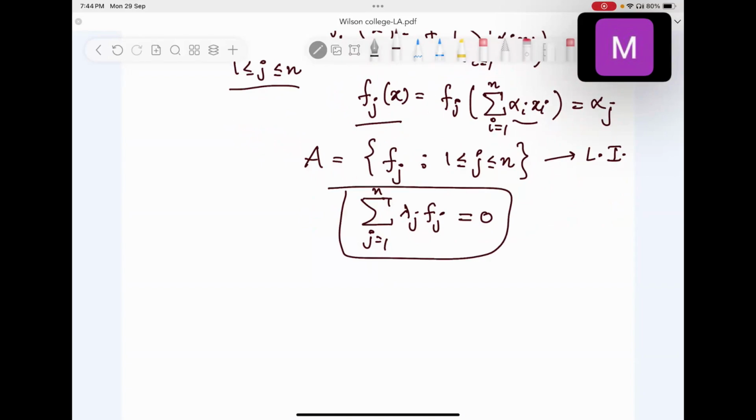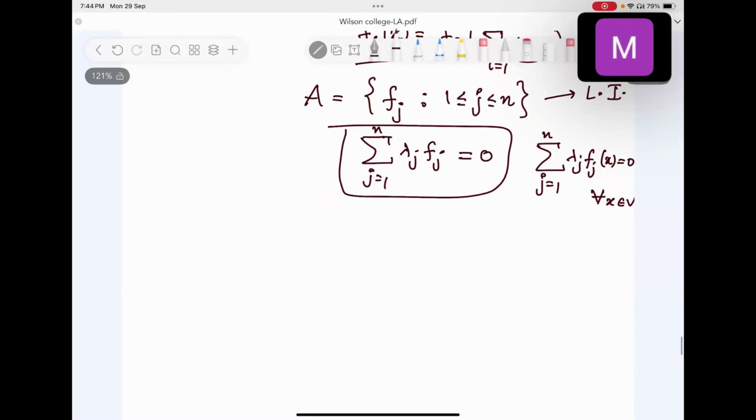The meaning of this is: the summation over j equals 1 to n of lambda j fj of x equals 0 for all x belonging to V, right? Now, if you take x equals x1, then the summation of lambda j fj at x1,